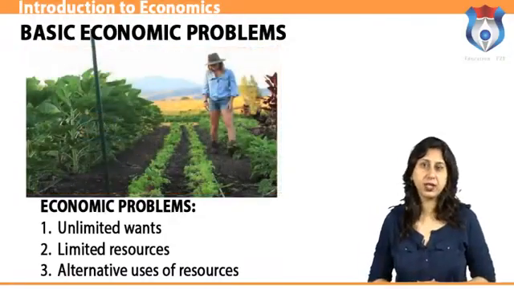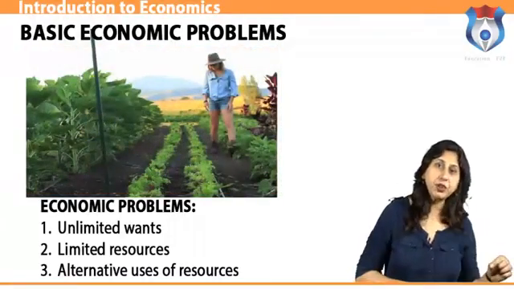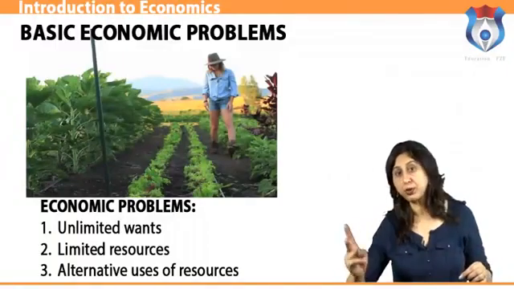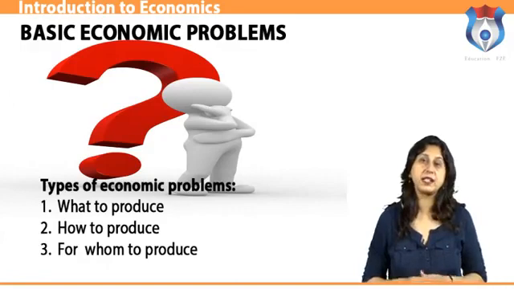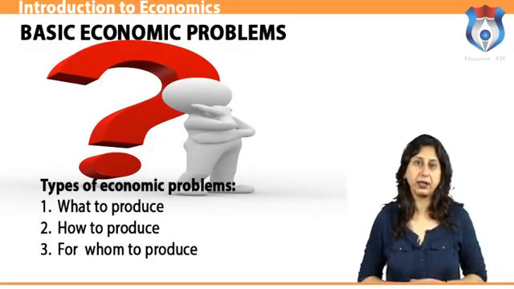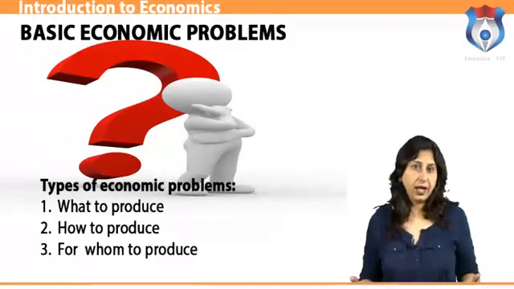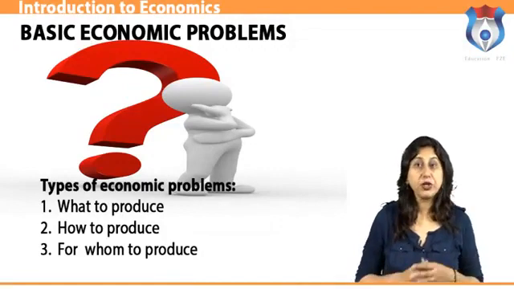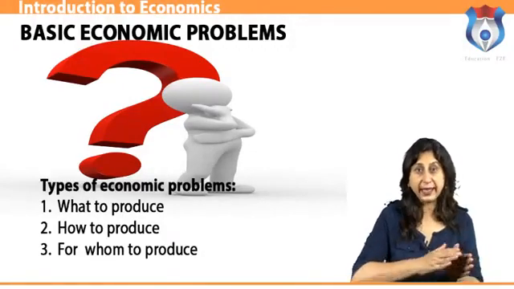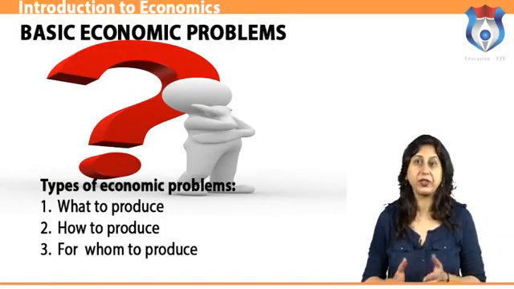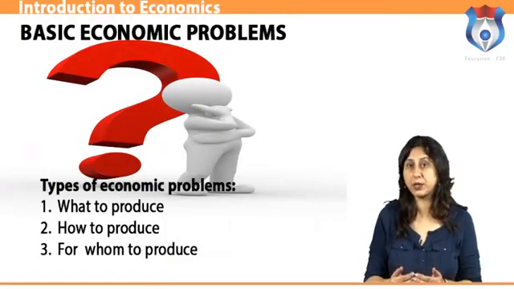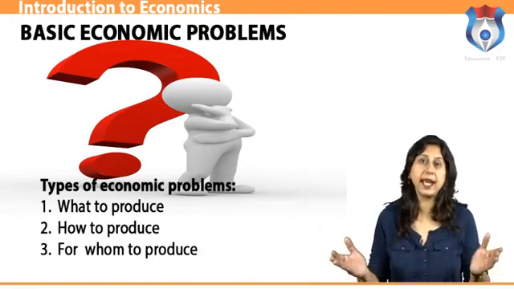Alternative uses of resources: the same resources can be used to produce two different goods at the same time. Also, there are certain central problems of an economy. What to produce? This problem arises because resources are scarce and can be put to alternate uses. An economy must decide on the kinds of goods and services it would like to produce using the existing